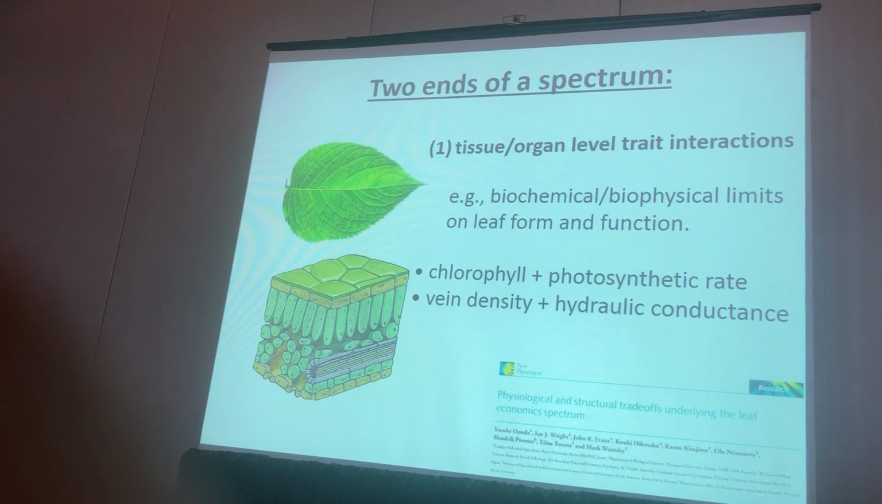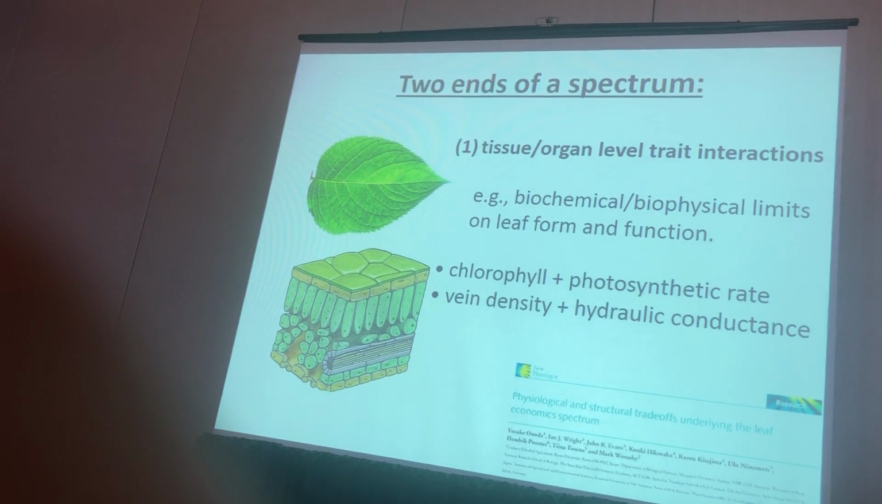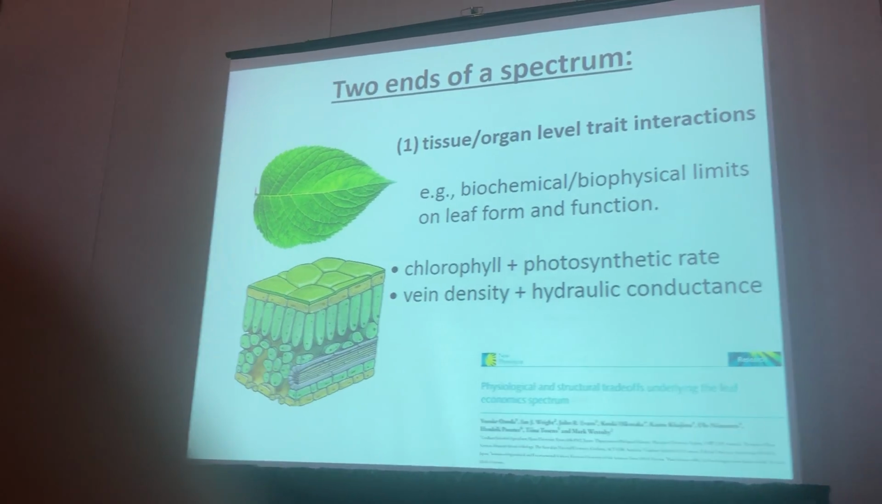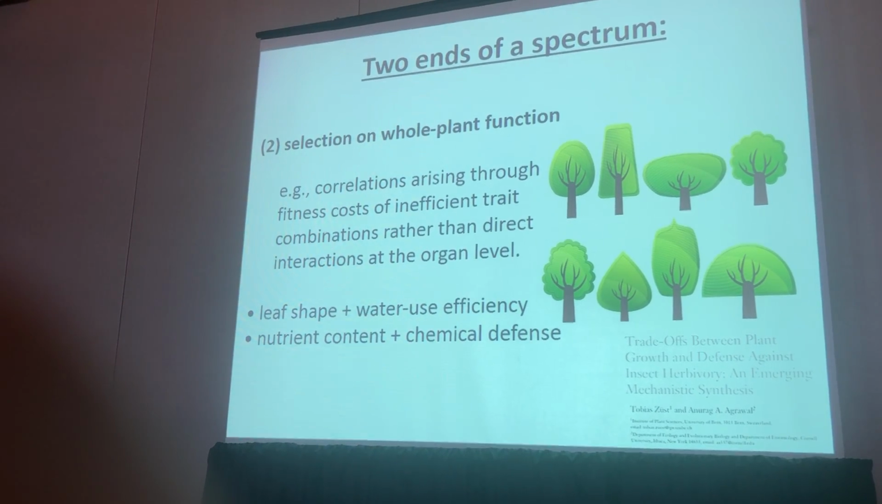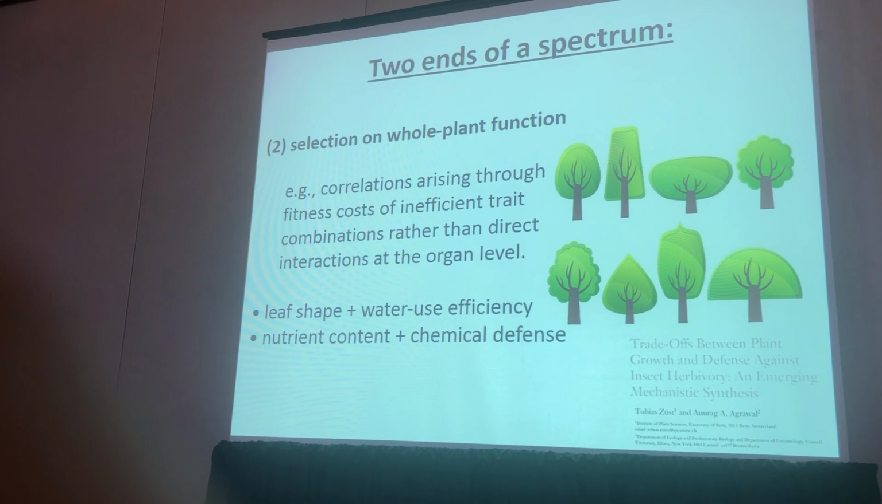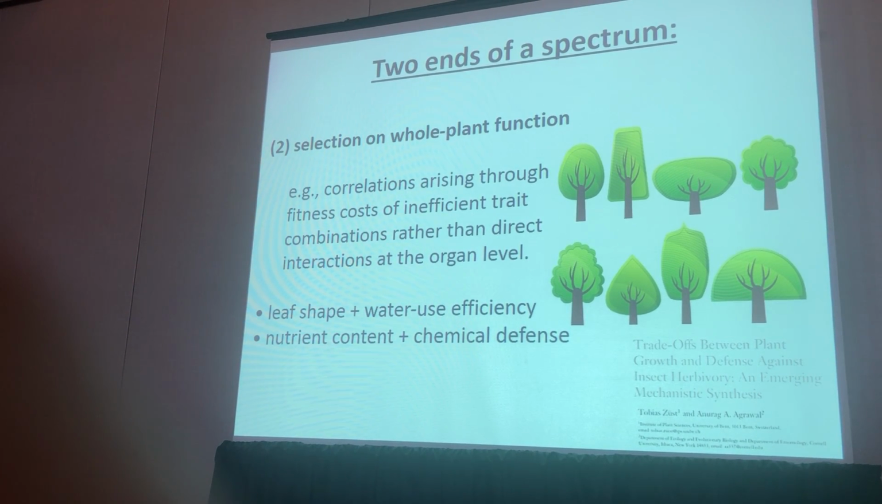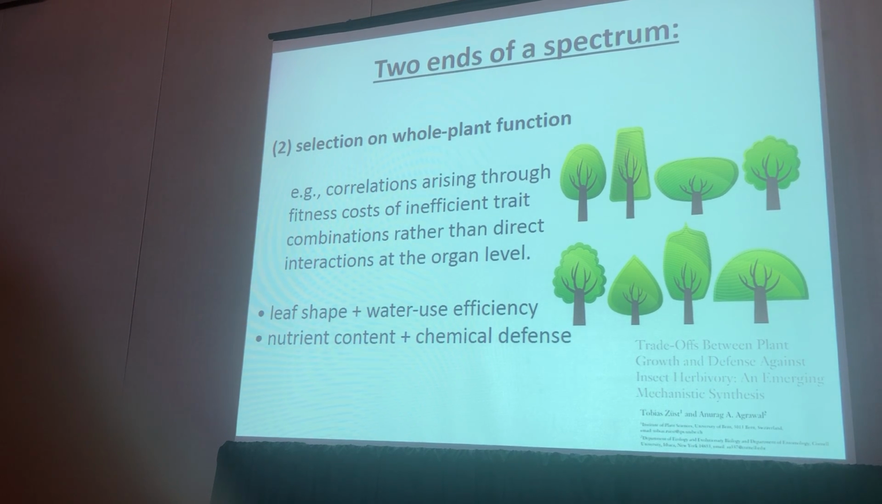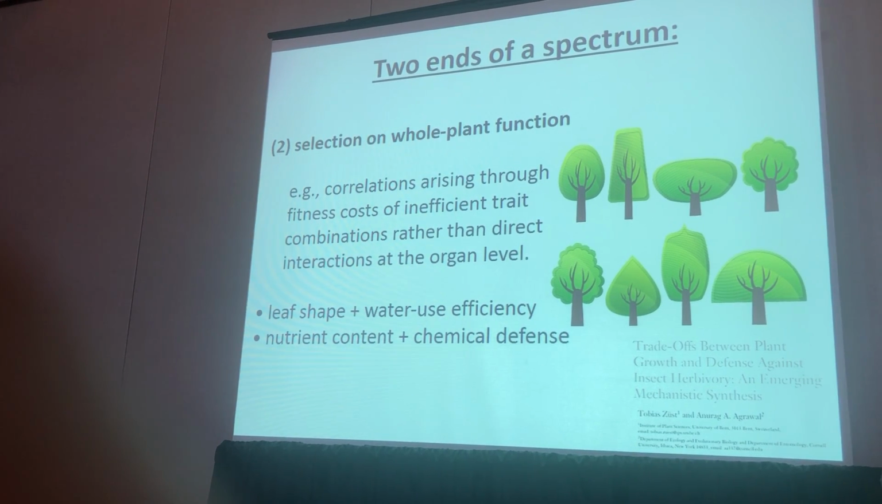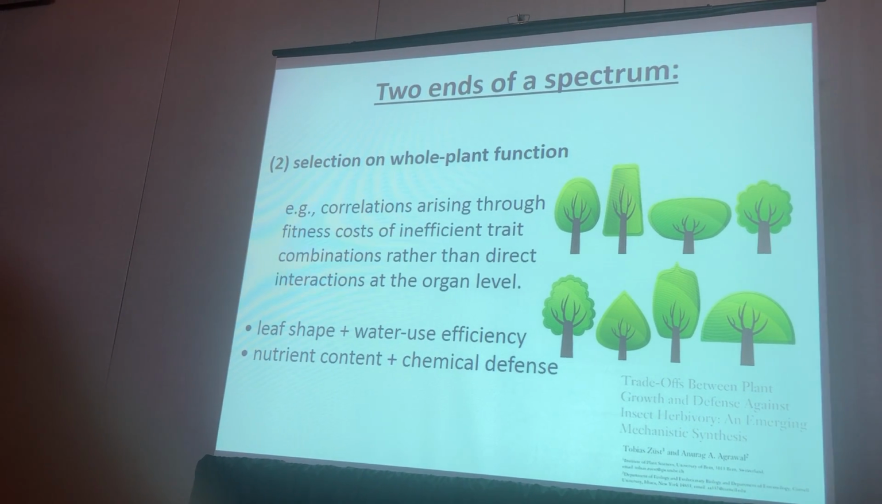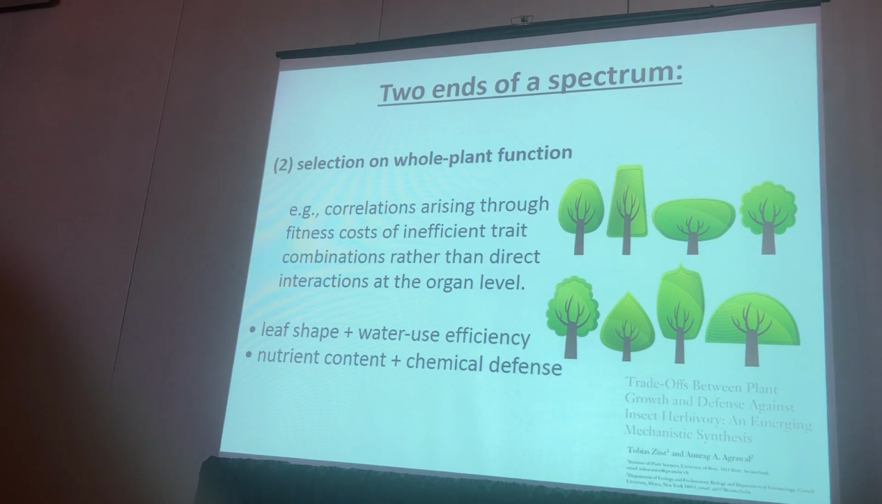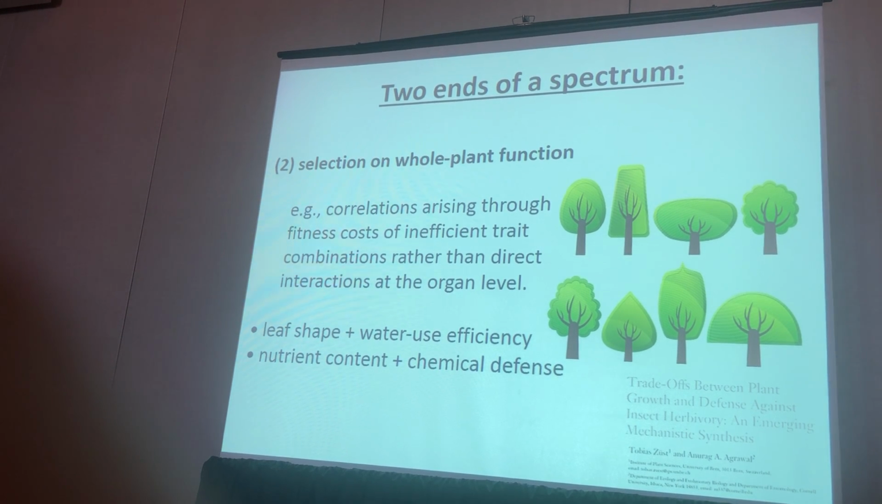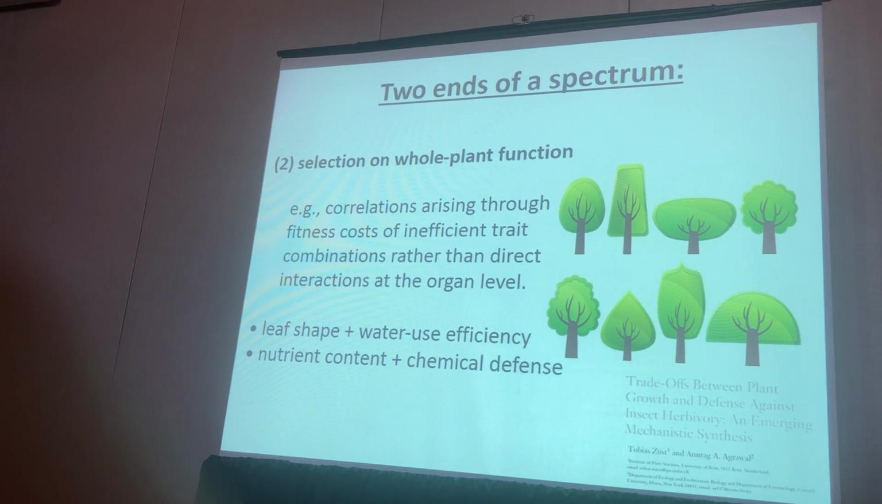A single plant could manufacture different leaves with different physiologies, but those are going to have to move together. The other end of the spectrum is selection of whole plant function, or strategies. There's maybe optimization, so correlations that arise because of the fitness costs of having inefficient combinations, rather than having a direct interaction at the organ level. So you could have a combination that's decoupled. You could make something, it just may not function in a way that supports fitness. So maybe things like leaf shape and water use efficiency, or nutrient content investment and chemical defense investment. Those are things that, at least from first principles, maybe don't have as strong a connection